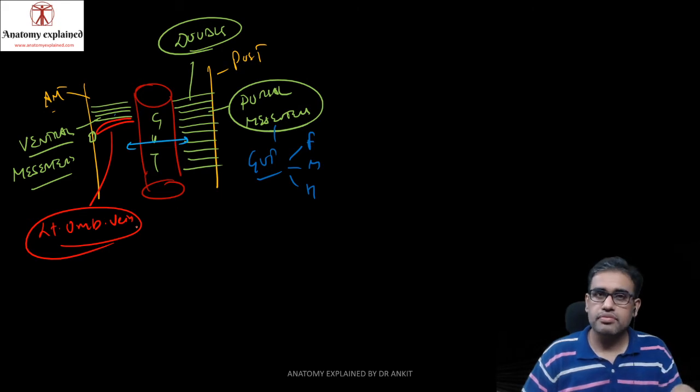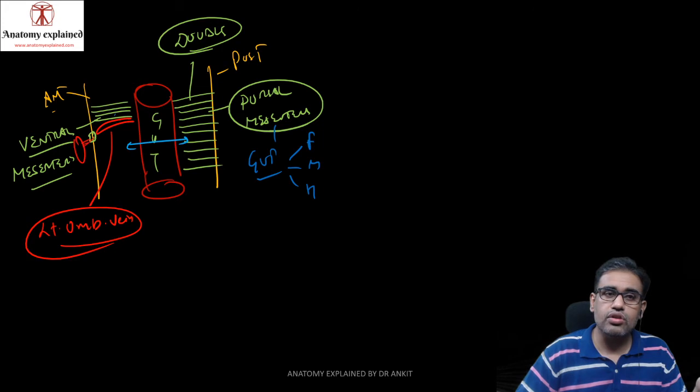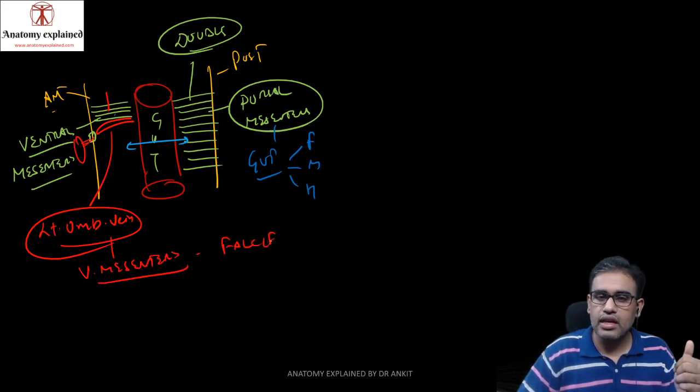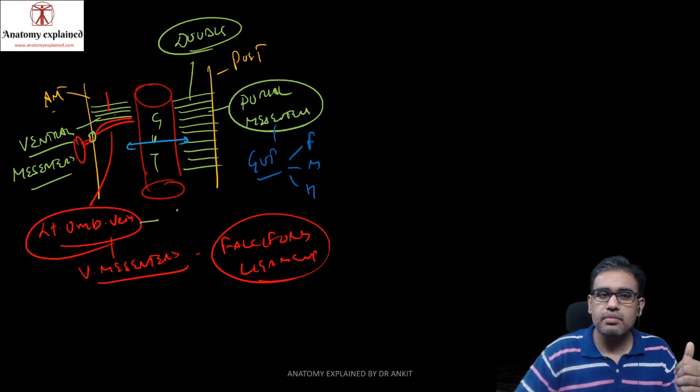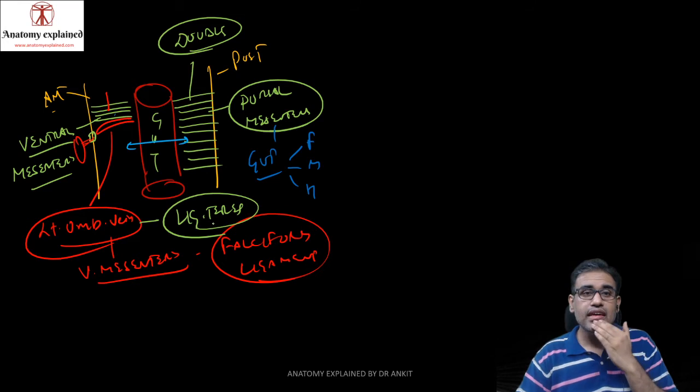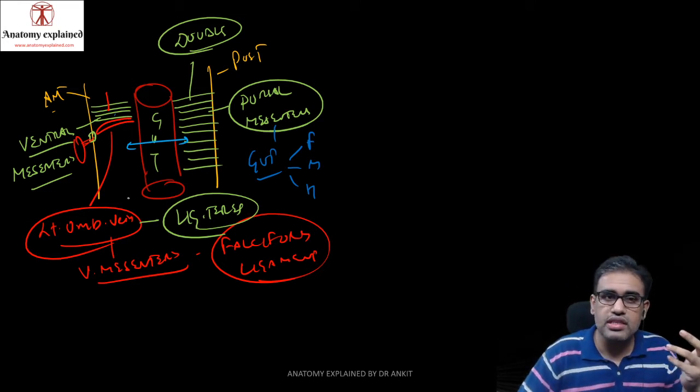So when this left umbilical vein was going during embryonic life from the placenta located outside to inside of the embryo, it needed the support of again a double layered fold that was given off by a small part of the ventral mesentery, which in adults is known as your falciform ligament. And this left umbilical vein in adults becomes your ligamentum teres. So you have ventral mesentery only at the lower part of the foregut, because it is not needed elsewhere.